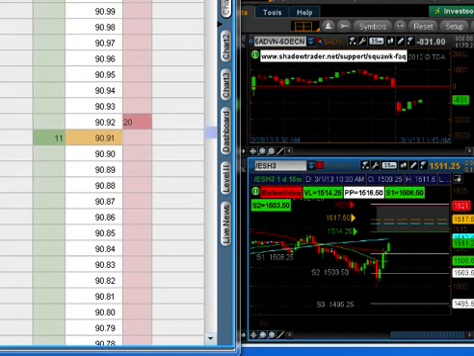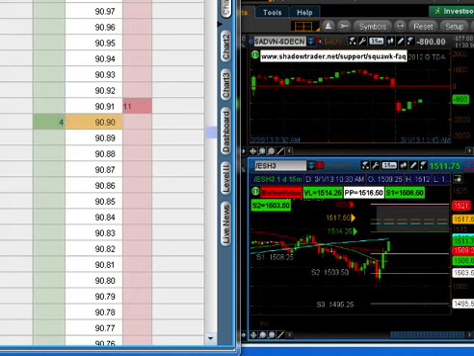Jim, explain one time framing for the folks who may not know what that means. When the market is one time framing up, the low of the second bar will not take out the low of the first bar. The low of the third bar will not take out the low of the second bar, and the low of the fourth bar will not take out the low of the third. It's one time framing higher all day long. Sometimes you get an inside bar, but that doesn't stop it. That may bring it into balance, but it doesn't stop it.